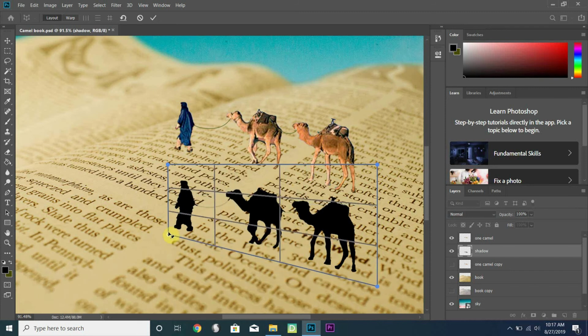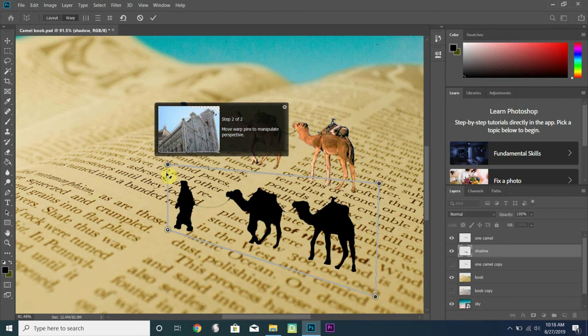So you can click a corner, drag it up, basically make it look like they're walking along the side of a wall that runs right along with them. So that way you have this perspective right. We're lining up the box with where they're actually moving off into the distance in the picture. So if we've got that more or less right, we just hit Enter now. And now we get to